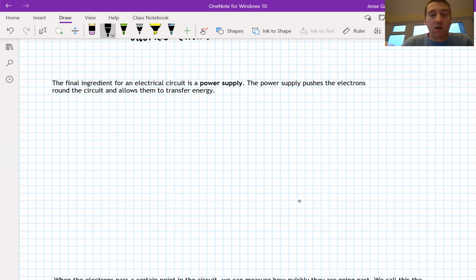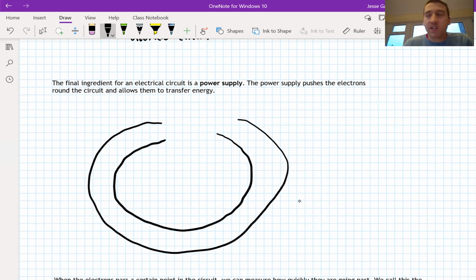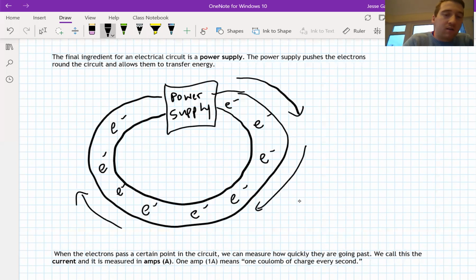So we have this closed loop, this loop of wire. This is a metal wire. But to get the electrons to flow, we need what we call a power supply. The power supply is essentially able to push the electrons around the circuit. So when the electrons are in a closed loop and the power supply is turned on, the electrons will then start to flow. Like this. They will now flow when the power supply is switched on. The power supply pushes the electrons around the circuit, and this is going to allow them to transfer